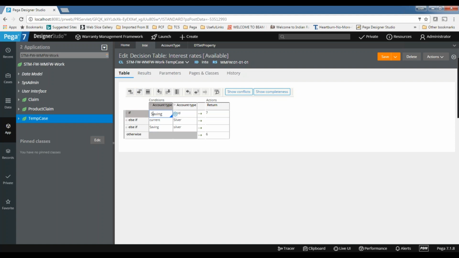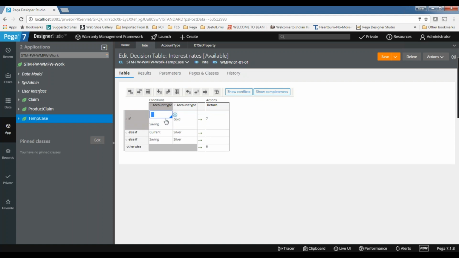But the OR conditions, as you said, we can split the particular cell and we can add it. Yes. Got it. But here if I do that, it is very difficult to maintain. How could you split the cell? You said something, but I was not able to catch up. This button is there. Just select the row and select the particular cell and click it. Any number of. Got it.